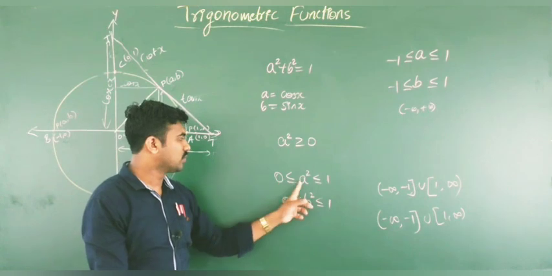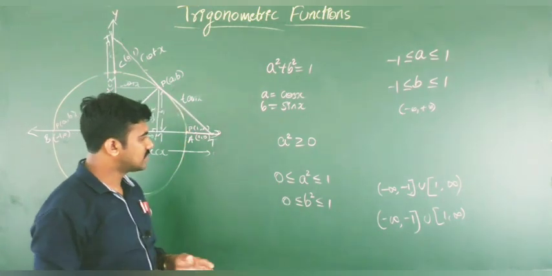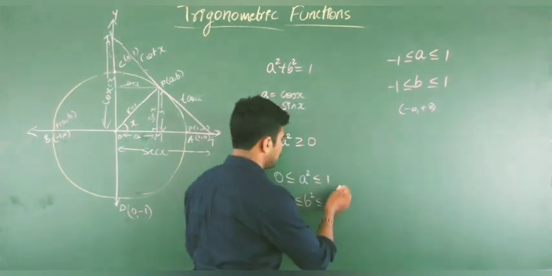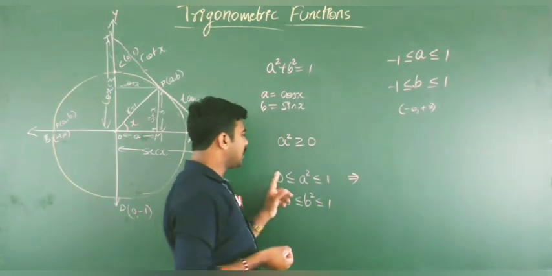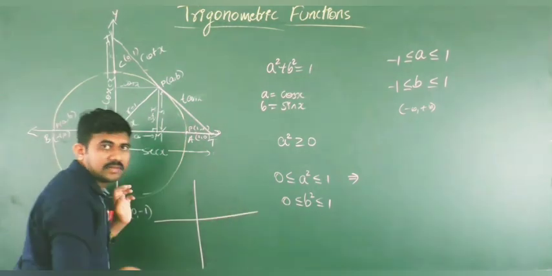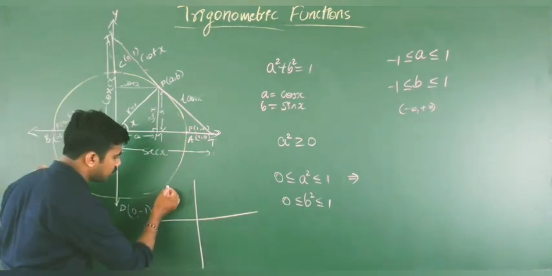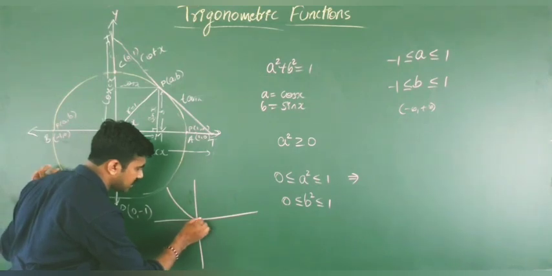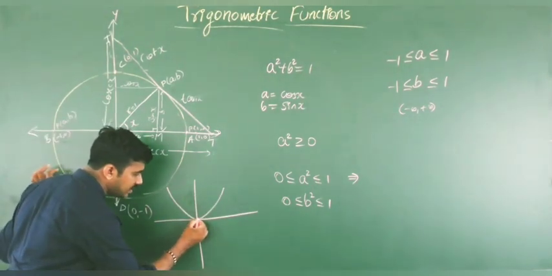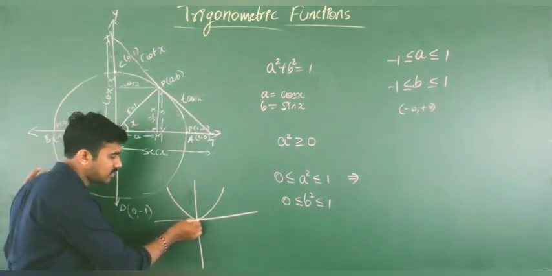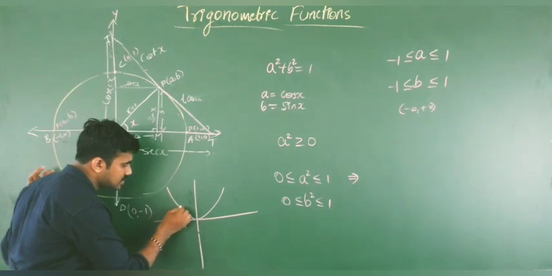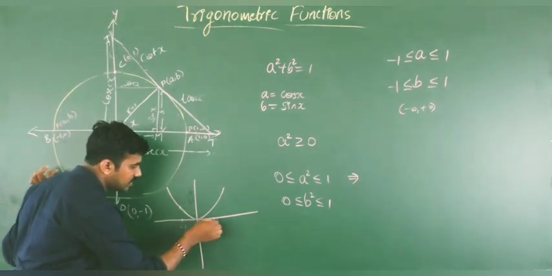Okay, 0 to 1, or we can write this as a square value from 0 to 1. See, if you consider the modulus function, if you consider the value 0, whose square is 0. If you consider the value minus 1, then the image is 1. If you take the value 1, then the image is 1.